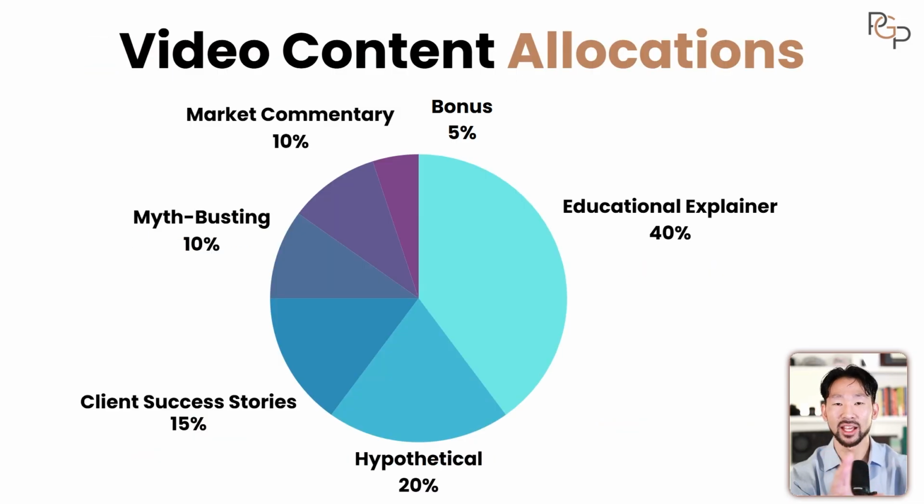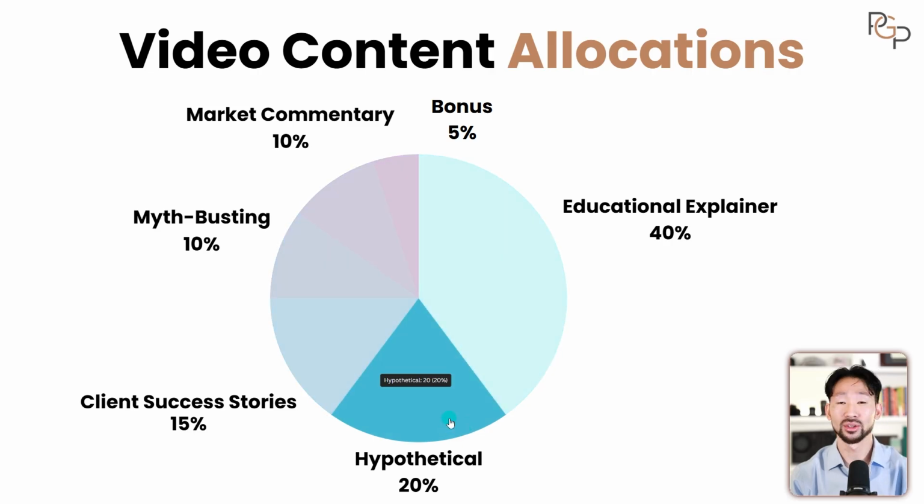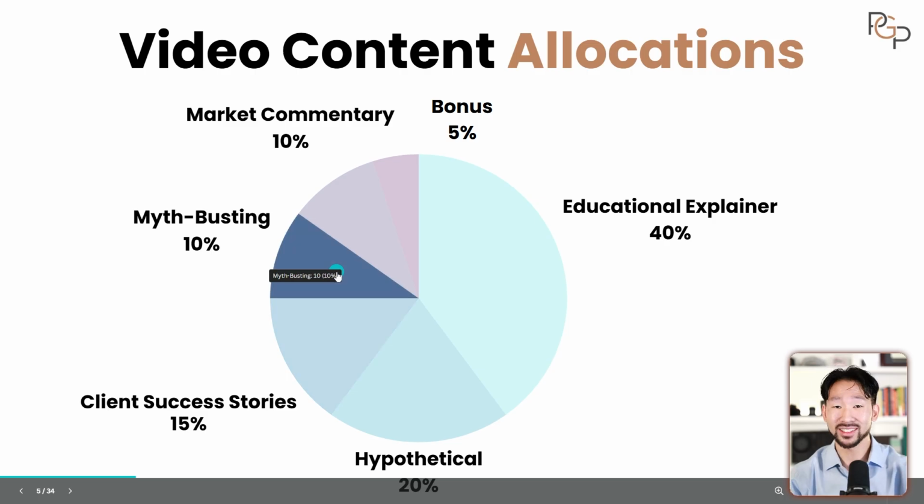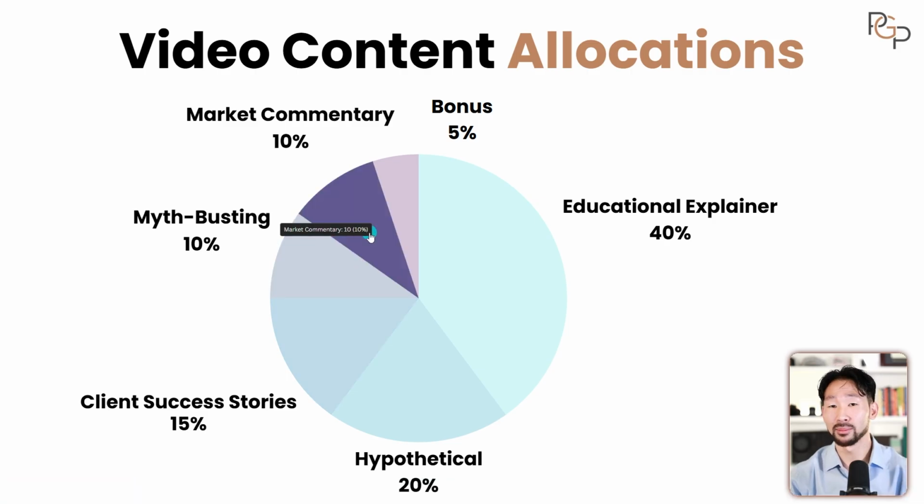This is kind of a broad guideline on how much you should be allocating in terms of your video content mix to the content you're posting. So the biggest one that's going to be your bread and butter is educational explainers at 40%. Then you go into hypothetical scenarios at 20%, client success stories at 15%, myth busting at 10%, market commentary at 10%,